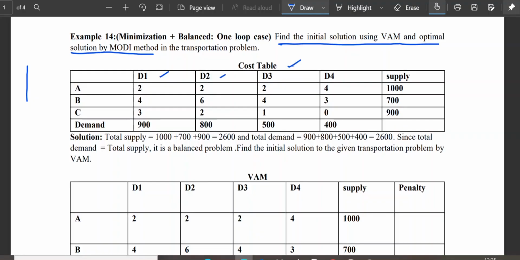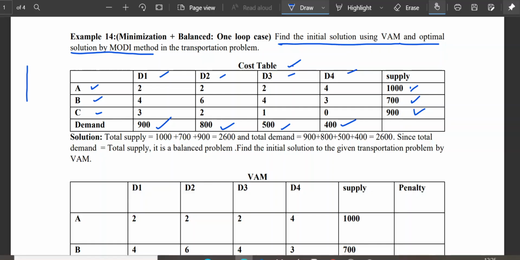We have 4 destinations, D1, D2, D3 and D4, and we have these 3 sources A, B, C, and this is the corresponding supply of these sources A, B, C. A has the supply of 1000, B has the supply of 700, C has the supply of 900, and these are the demand values given to us. Each destination's demand is given to us in the question, right? So we have to solve this transportation problem and we have to find out its minimum cost this time, right?